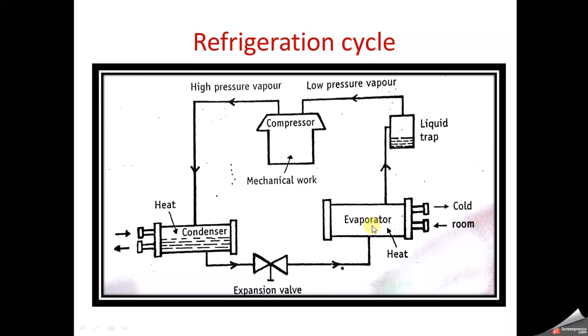What happens here is the refrigerant evaporates by absorbing heat from the space. The molecules move away from each other because ultimately, because of the energy they have absorbed from the space, the intermolecular forces will be overcome, right? So the heat required for this process will be taken from the surrounding environment. Surrounding environment means the things which need to be cooled, right? So the heat will be given from those substances, like inside the refrigerator,